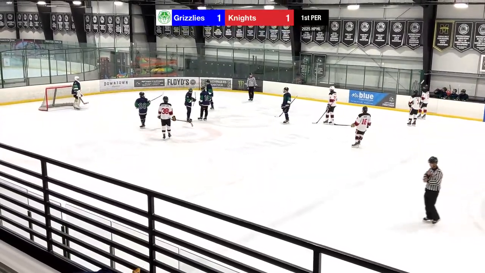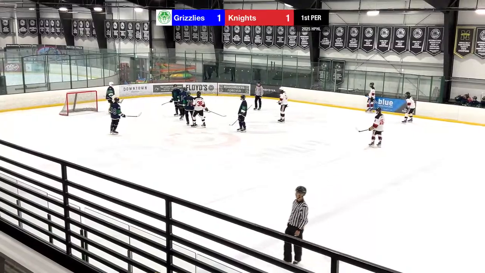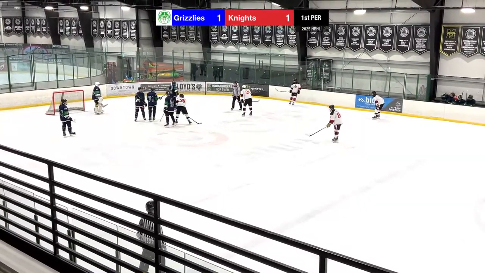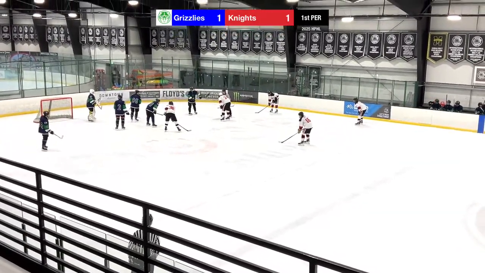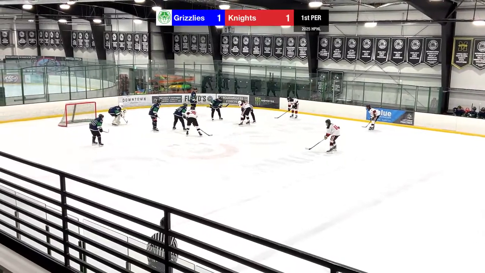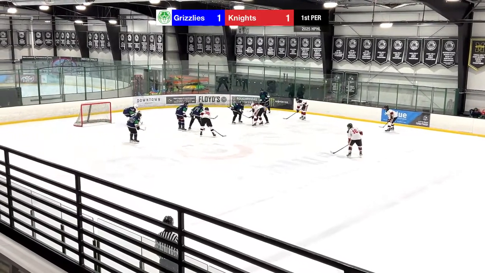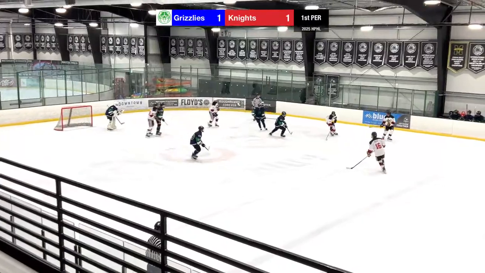So see Mason, Ian, Benton, looking for the center here. Keegan. Keegan's the other forward. Ian was playing center.